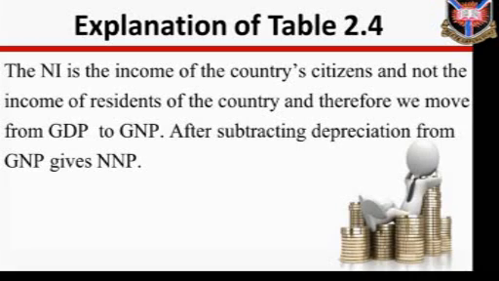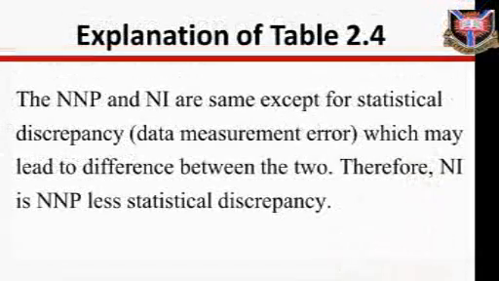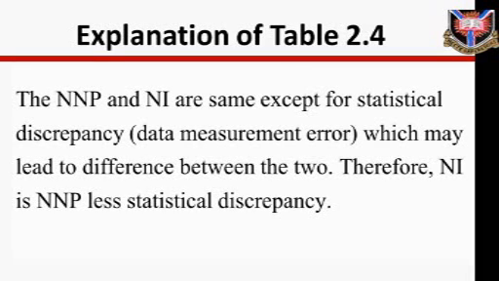The national income is the income of the country's citizens and not the income of the residents of the country, and therefore we need to move from GDP to GNP. After subtracting depreciation from GNP, what we get is called NNP, Net National Product. The net national product and national income are the same except for a statistical discrepancy which may lead to differences